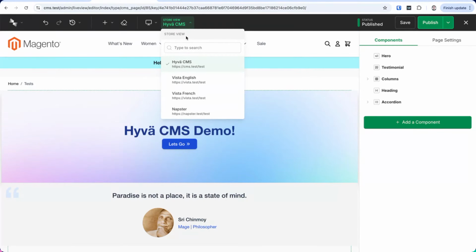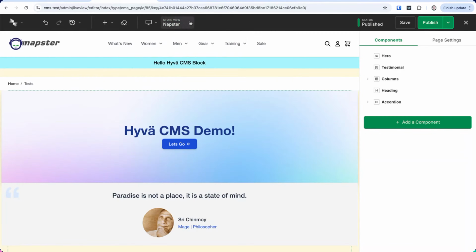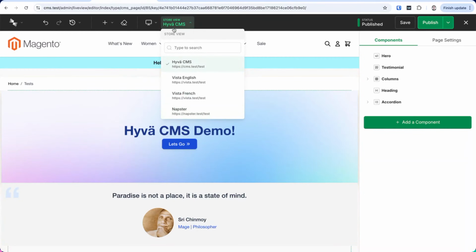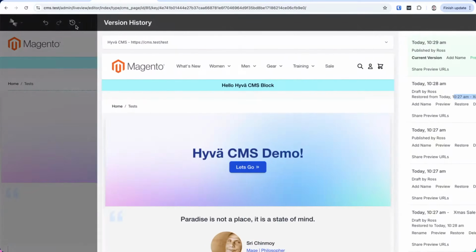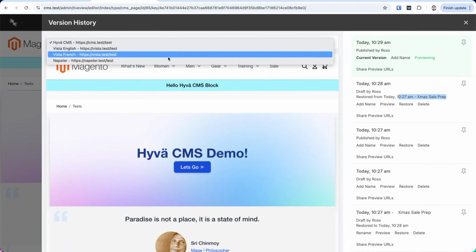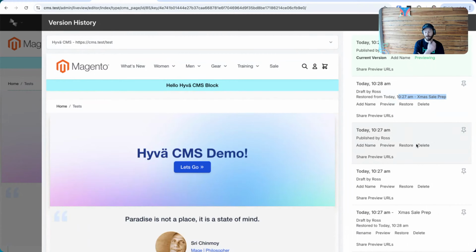So yeah, you can check the site in lots of different store views, right? So basically in the editor here, you can check different store views. So this is just another website with a different background color, and a different logo. I'll go back to our nicer one here. So you can preview it in different stores, but then also in the version history, you can obviously do that here as well. Obviously.